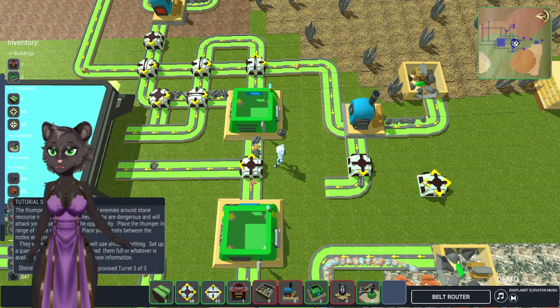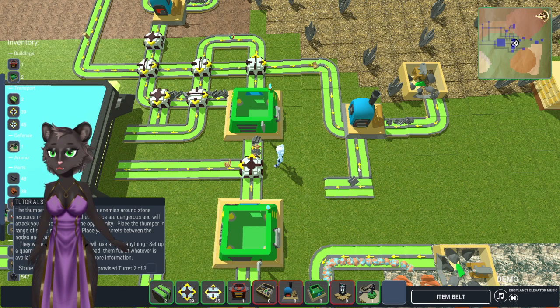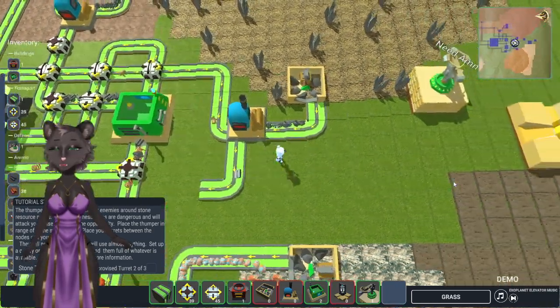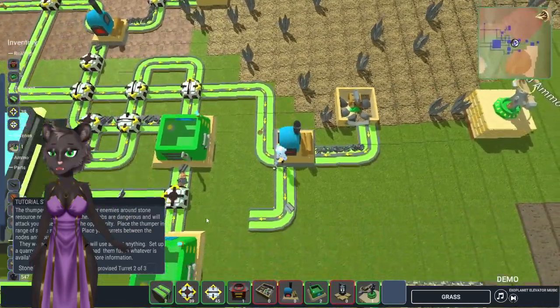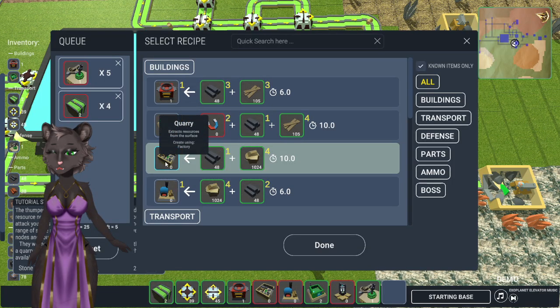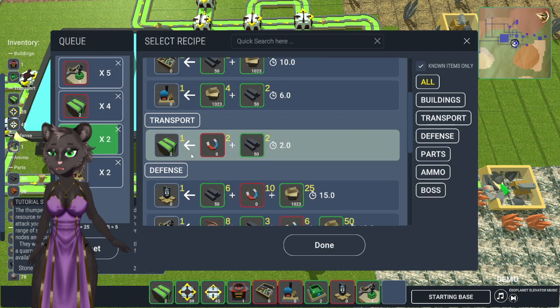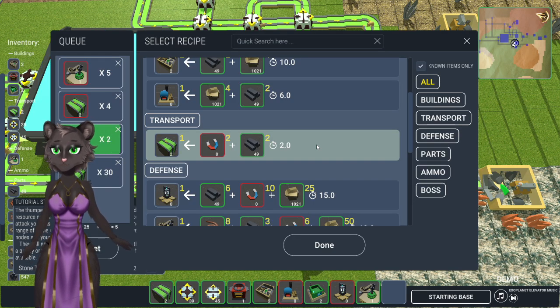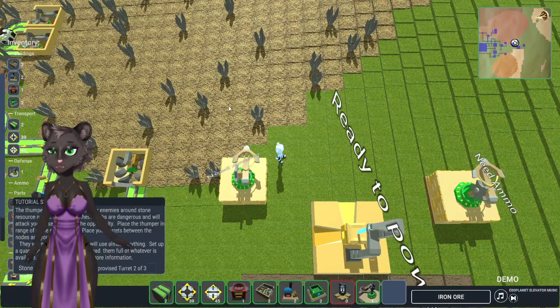Because I'm going to take this. Or maybe I should just make an entirely new thing. Maybe I should just make an entirely new production line. I would need to make another smelter for that. I can get 2 more quarries and 2 smelters, and a bunch more of these. Maybe I can put smelter...